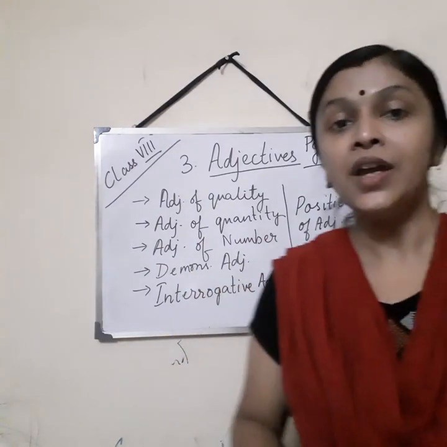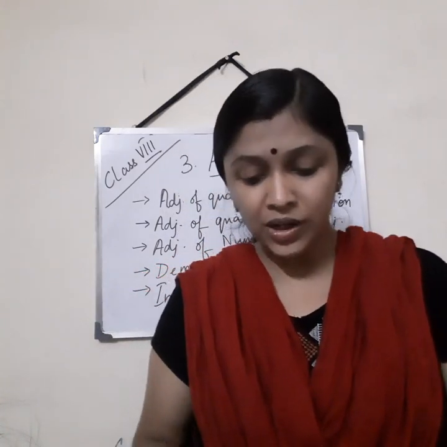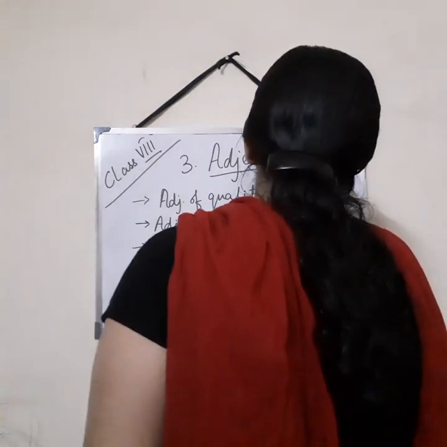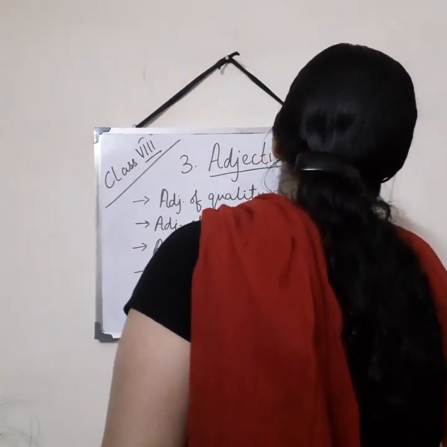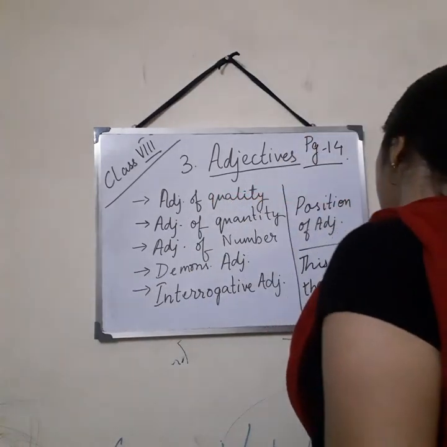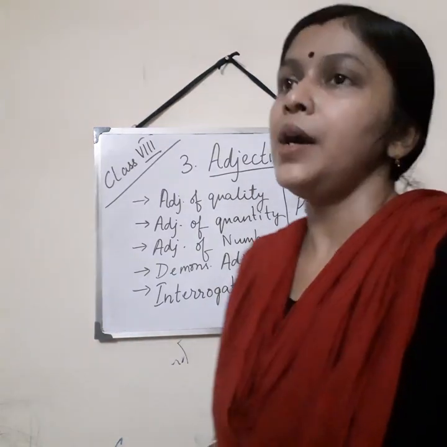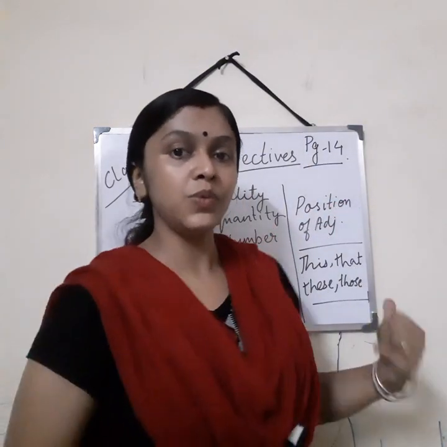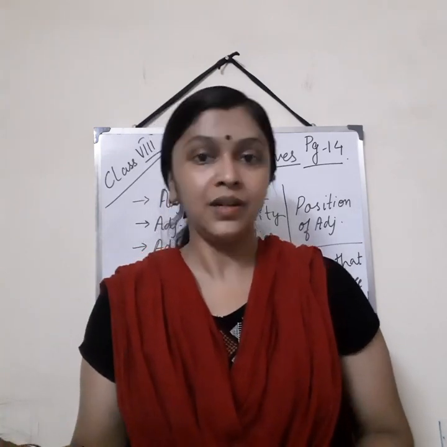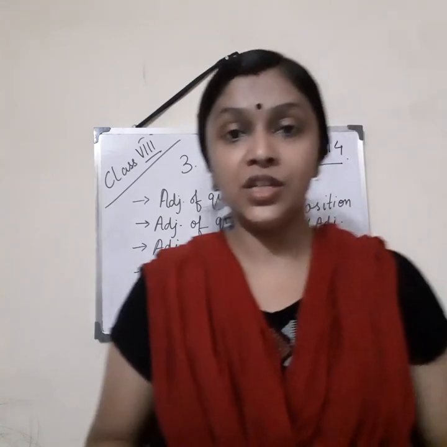Demonstrative adjective for demonstrating certain things, right? What are the demonstrative adjectives? This, that, these, those. Very easy. Just like the demonstrative pronouns, the words are the same, but in case of an adjective, these words are put in front of a noun. Okay, this boy, that pen, like that. So demonstrative adjectives.